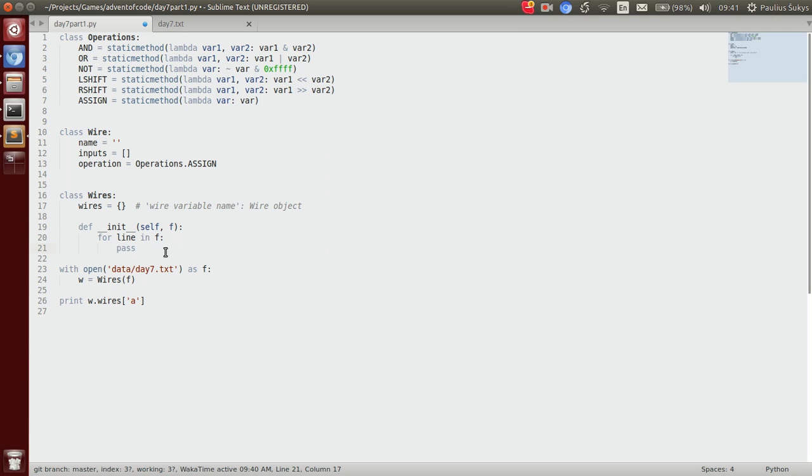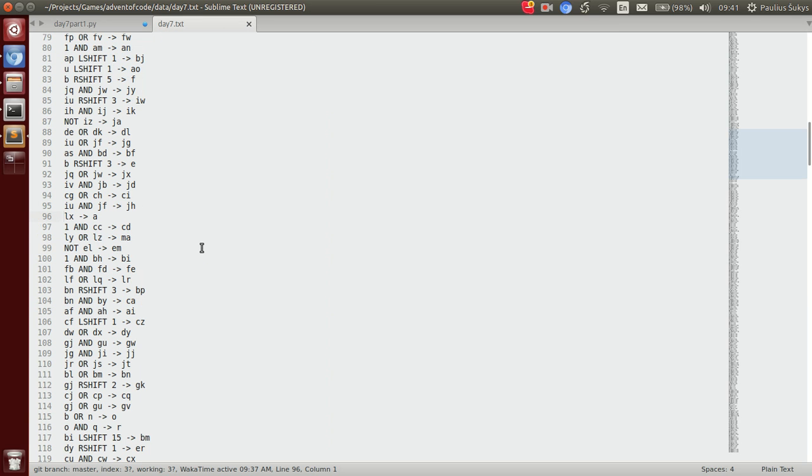Okay, so I think that we can start placing data in. For this point, we still don't know how to, I mean, we might have some ideas how to resolve everything from it, or resolve the output for a specific wire. But currently, let's do the reading part, and later we will try to understand how we should resolve everything. So data is